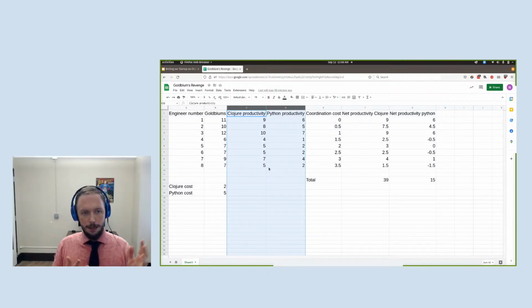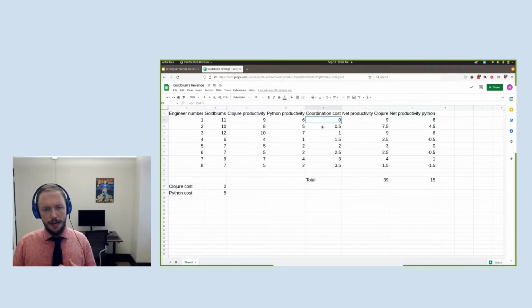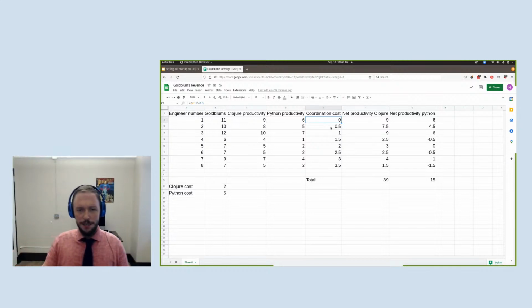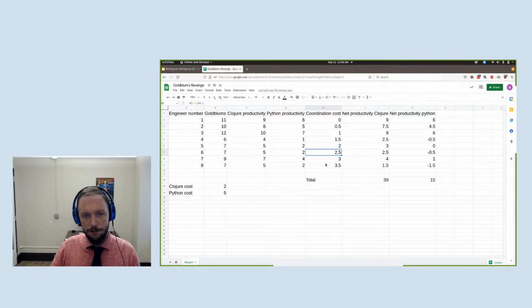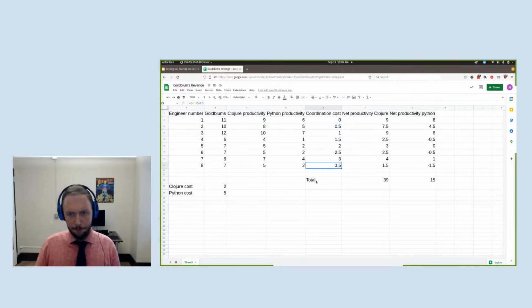I've actually presented a similar idea before with nothing more nuanced than this. Essentially, if you have a tool that is making every single engineer more productive by itself, it would be worth going with. But I also wanted to try and incorporate into the model some idea of the cost of coordination. The point here is that as you add more people to the team, you have to spend more and more energy coordinating between them. This is just extremely rough, not a refined idea of how coordination scales with the size of the team. I just have it costing half a Goldblum more as the engineers come.